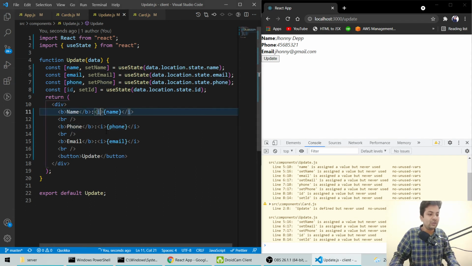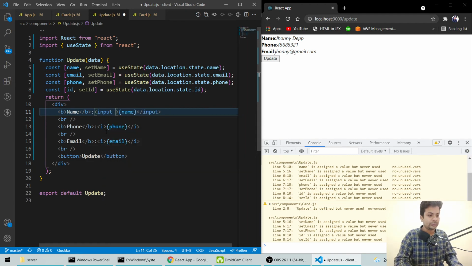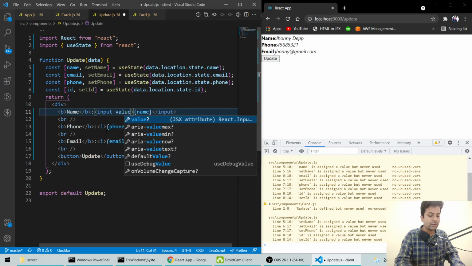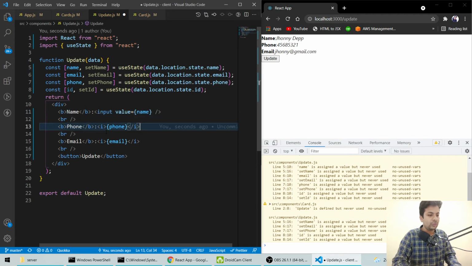So instead of italics, we'll use the input tag. Input value equals this name, and close it with a slash. So we'll copy this for phone also, and for email also.